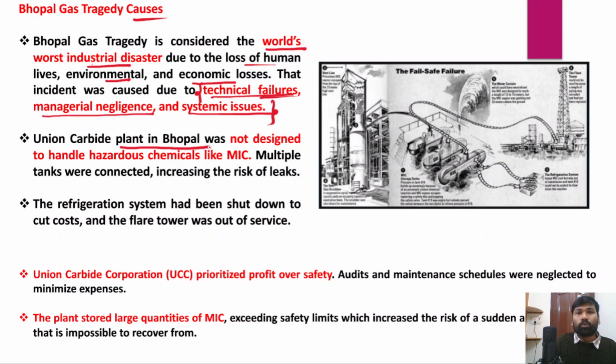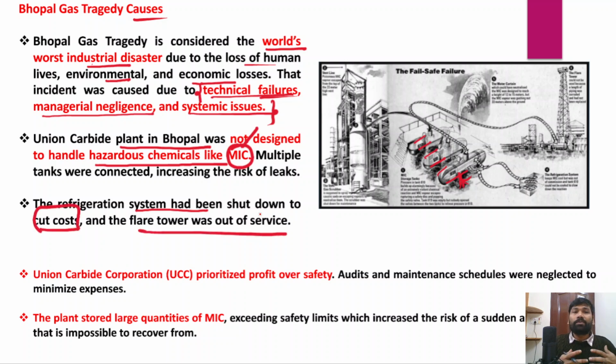The Union Carbide plant in Bhopal was not designed to handle hazardous chemicals like methyl isocyanate, right? And in fact, multiple tanks were connected, so a leakage in one tank means the gas in the other tanks would also start being released into the atmosphere. And in fact, the refrigeration system had been shut down to cut costs, and the flare tower was also out of service. So they planned to reduce the expenditure, and because of that reason they did not follow adequate safety measures in this company. So Union Carbide Corporation prioritized profits over public safety. Now imagine if the very same thing happened in any